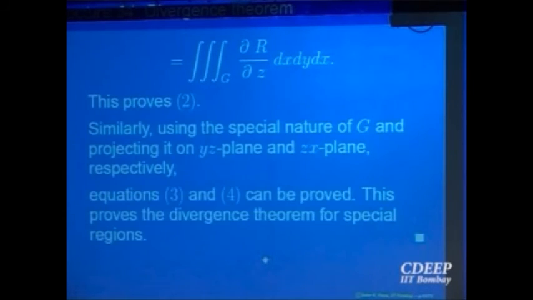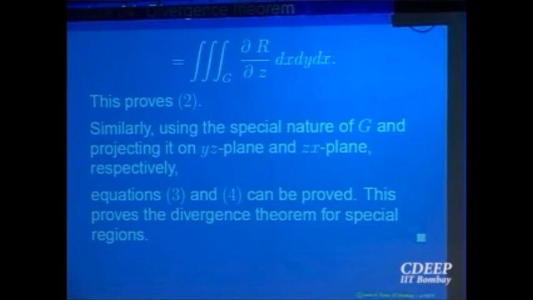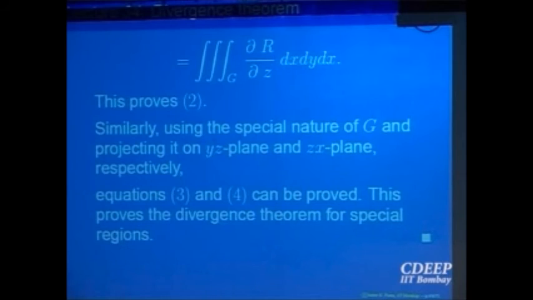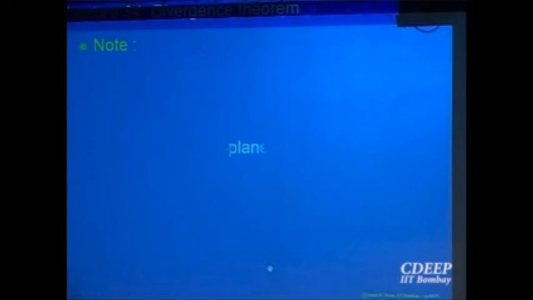So the basic thing to be realized in the proof is, when you assume a special surface, it looks like a cylinder kind of thing, right? Where the top is some surface, the bottom is some surface. So your surface integral splits into three parts. The curved surface, which will vanish because the angle is pi by 2. The top, where the angle is acute, so it will give you, as it is, the double integral over the projection. And the bottom is obtuse, so it will give you a negative sign of the double integral over the projection. That's all, okay? So that is called the divergence theorem.